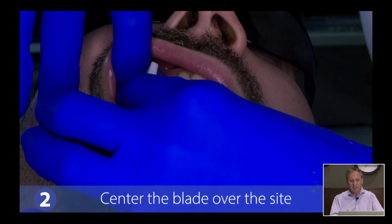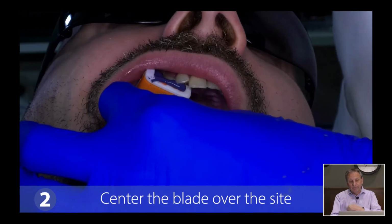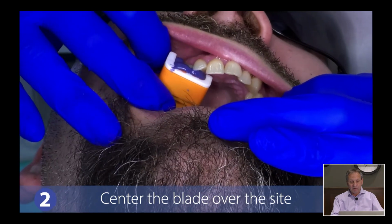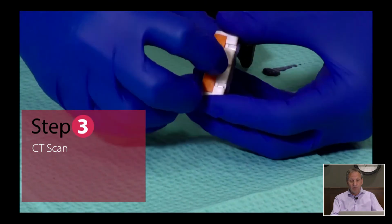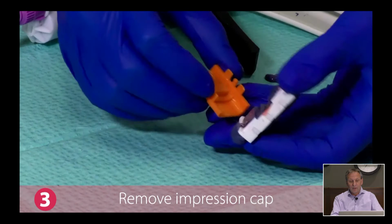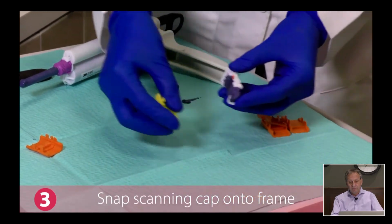All right, so there is basically the impression, which will get turned into a surgical guide. So you let that set up, whatever time it takes to set it up, take it out, remove the initial cap, like so, put on the snap cap,